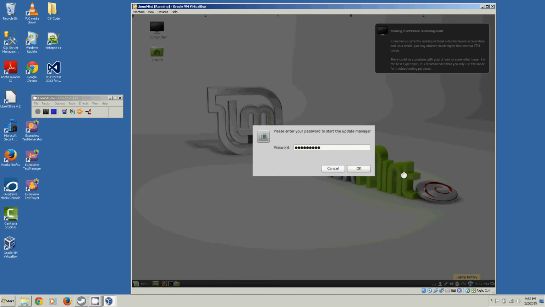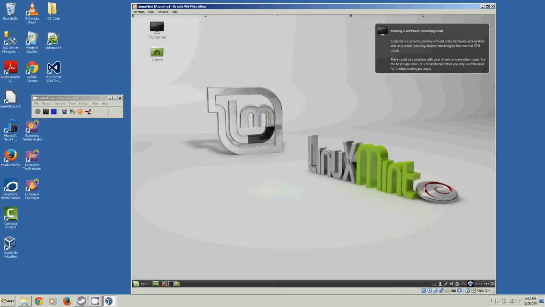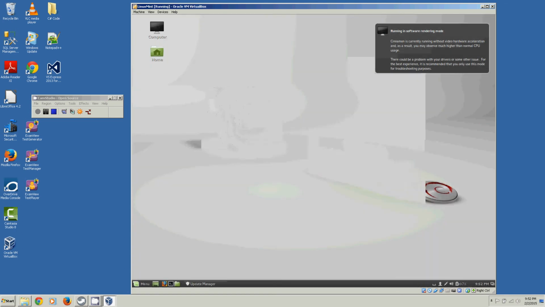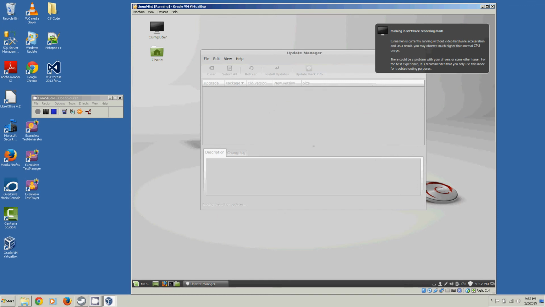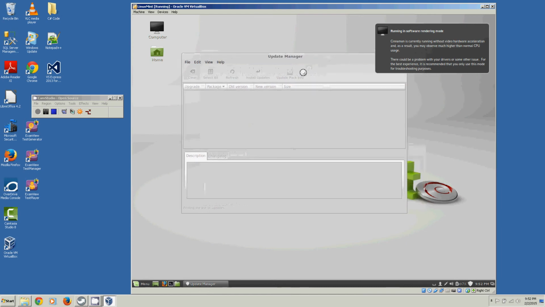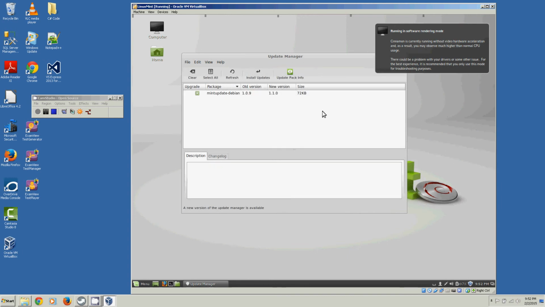Now, Linux Mint uses the sudo system, and what that means is you automatically can elevate your credentials to be the root user if you insert your password. And that's what I had to do here. I had to shift to be the root user so that I can actually process updates and install them on the system. So this is telling me that I've got a Mint update, and if I click on install updates,